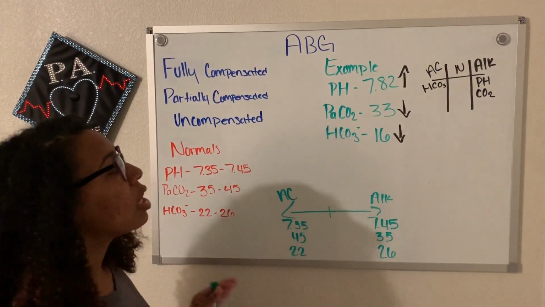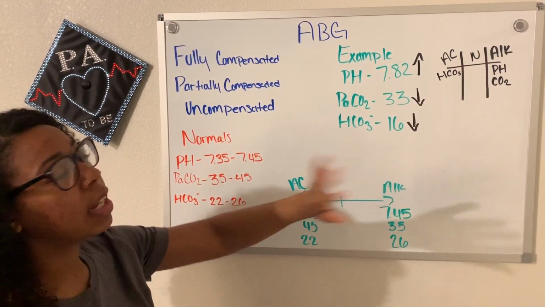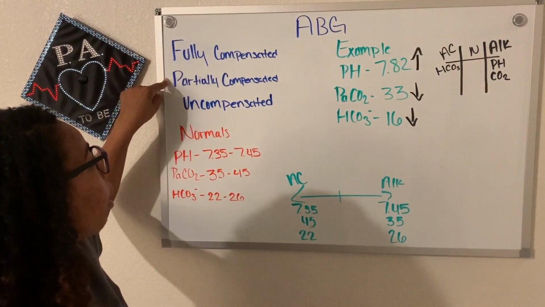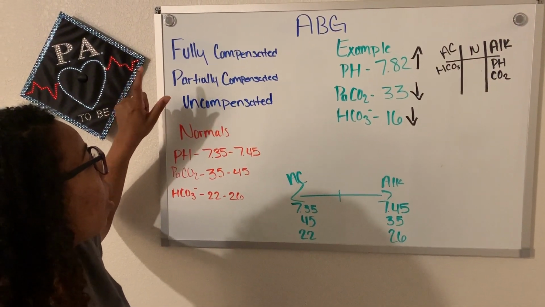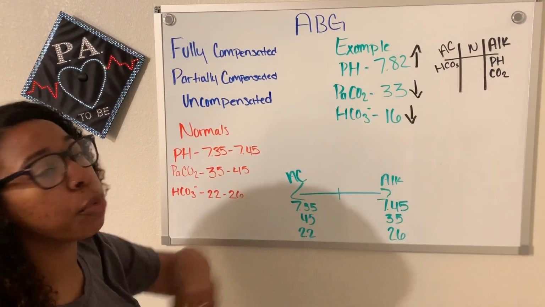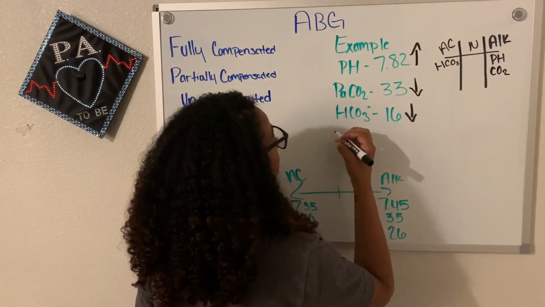Alrighty. So now let's look at our values. Are these abnormal? Yes. Which one was abnormal out of these three? Fully, partially, or uncompensated? Partially compensated is when all values are abnormal. So we have a partially compensated